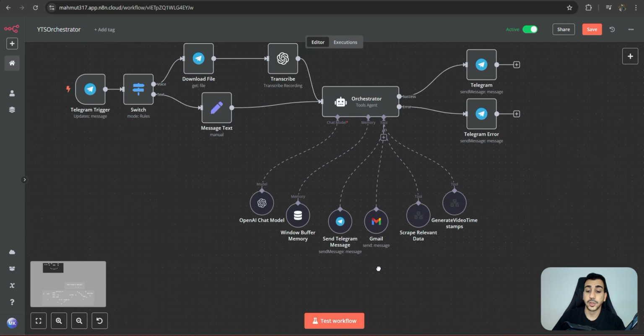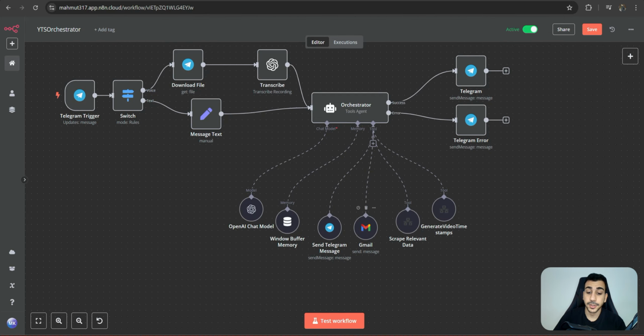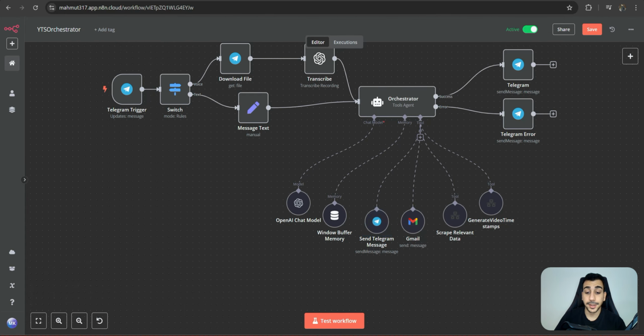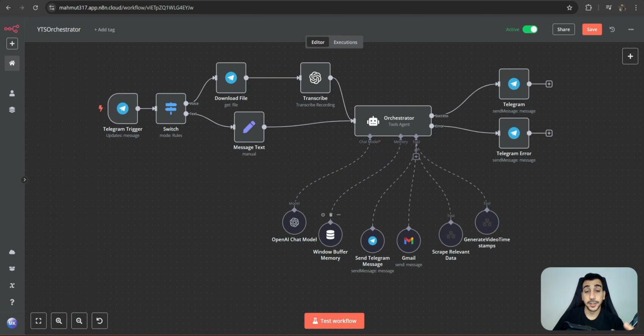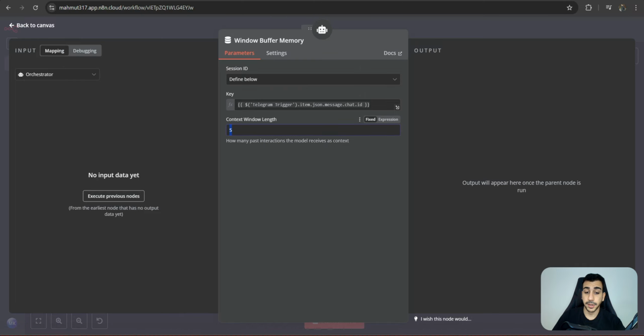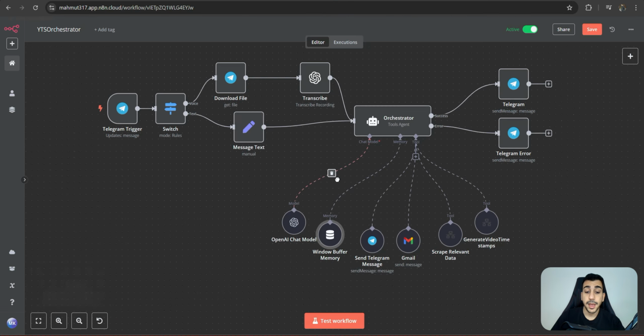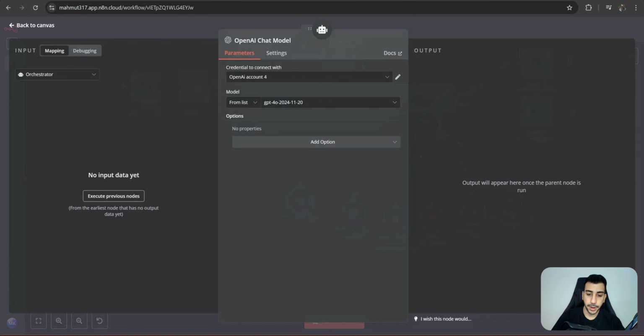The Gmail tool is what it used to send us the emails, and then a Telegram message tool here to send intermediary messages, such as when it said, please wait. Then we have a memory attached to the agent. In this case, you're giving it a context window length of 5. And of course, a model, the brain of the agent. And I set it to be GPT-4o